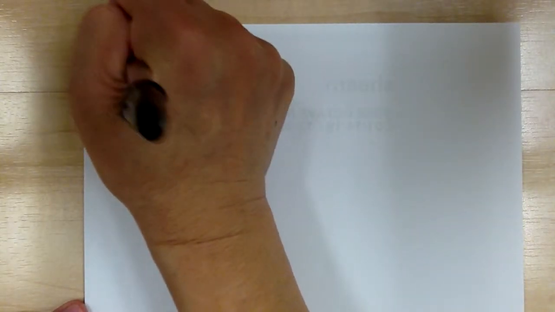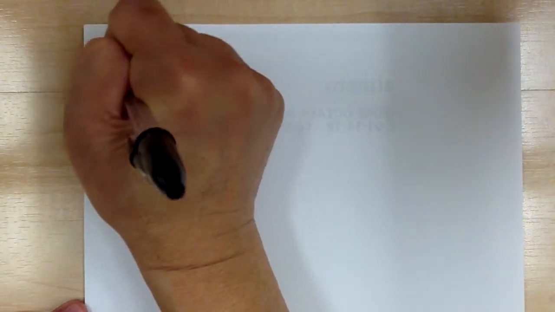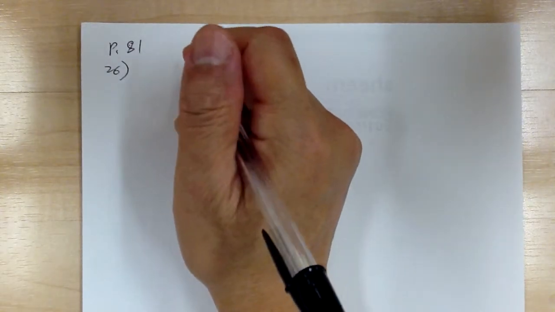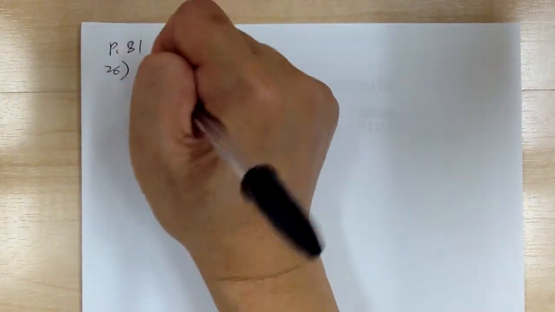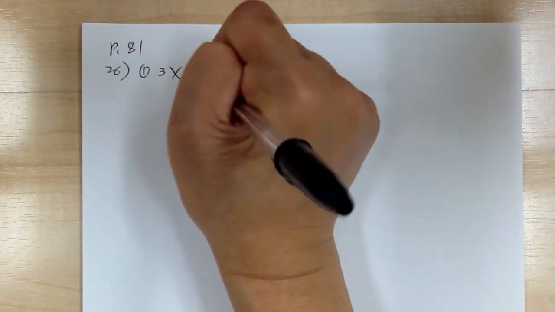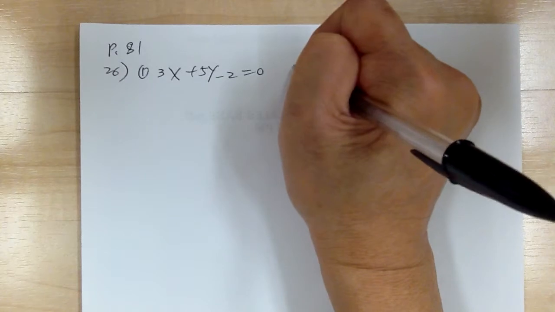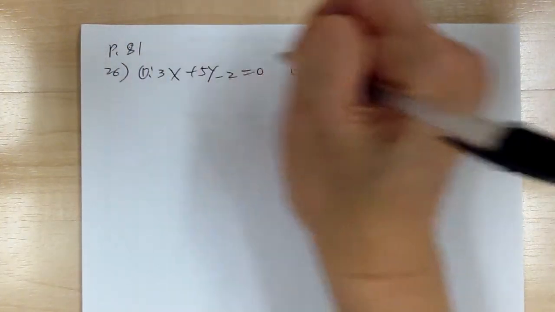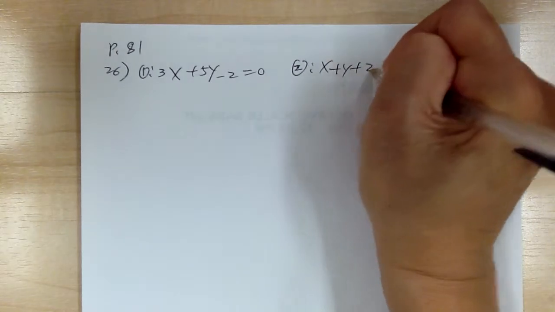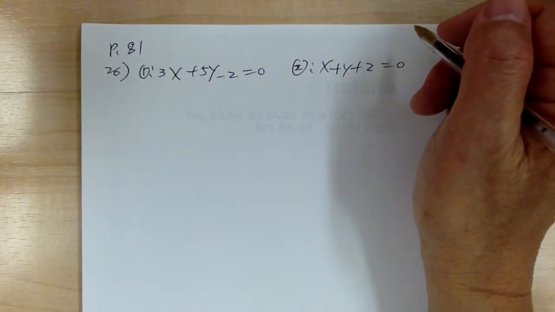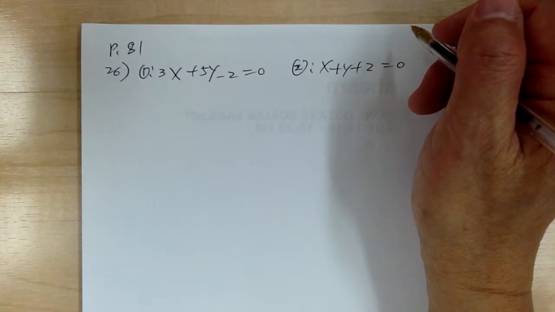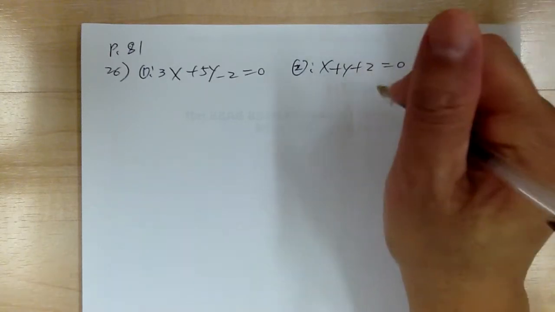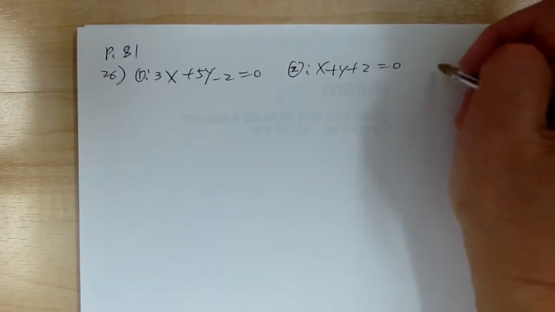Okay, let's go to number 26. Okay, so 26, you have two equations. I'm going to call this equation 1. Okay, you got 3x plus 5y minus 2 equal to 0. And equation 2 is x plus y plus 2 equal to 0. So this one, so you're looking for equation of the line that passing through the intersection of these two lines with this condition. So the point is